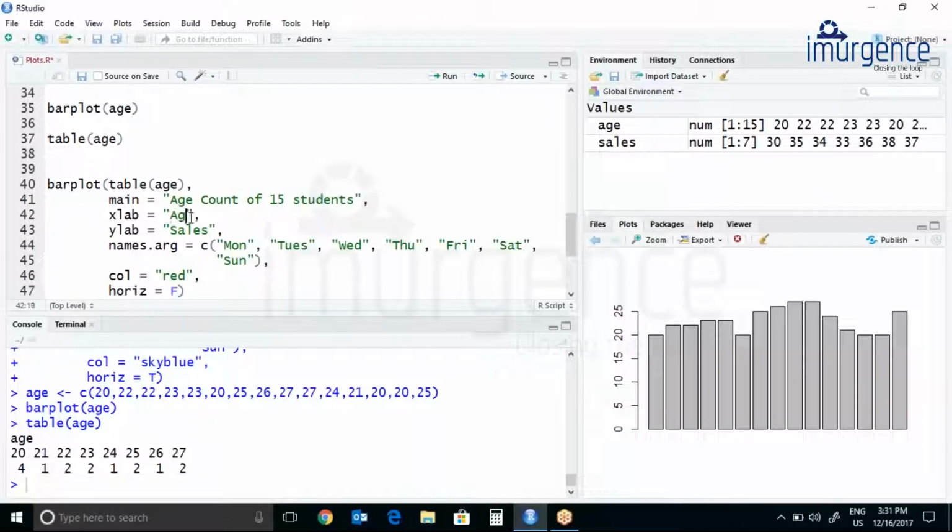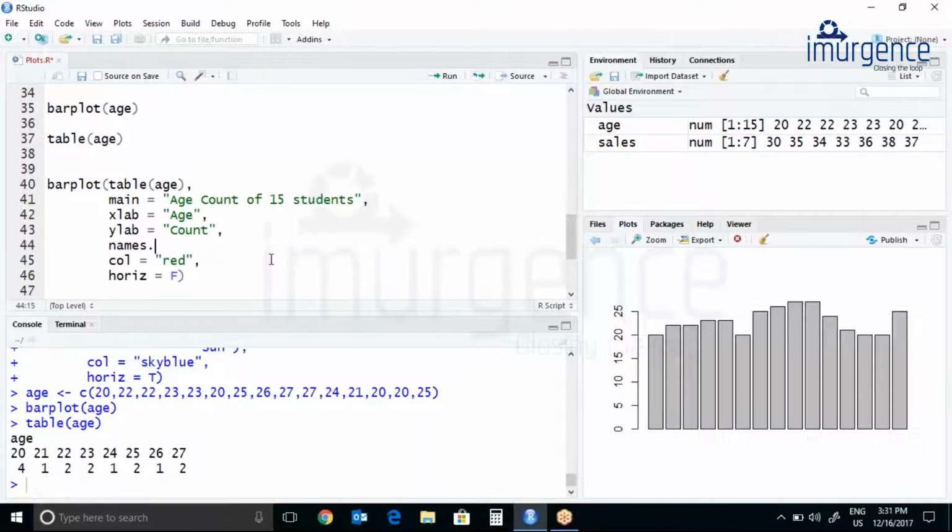So let this be age. Let my ylab be count. So I don't require this names.arg over here. Then, even if you don't do this horizontal equals to false, that also will do.